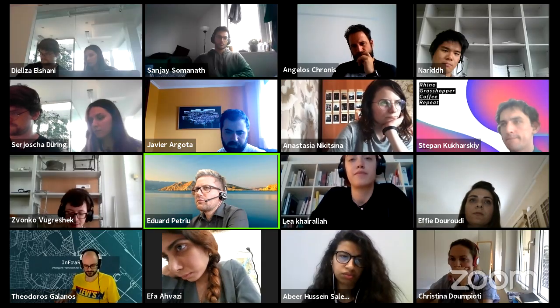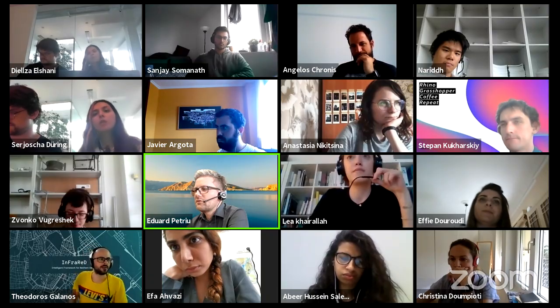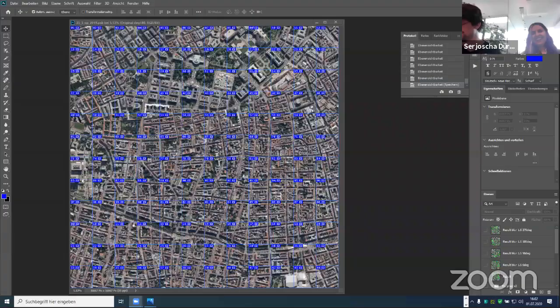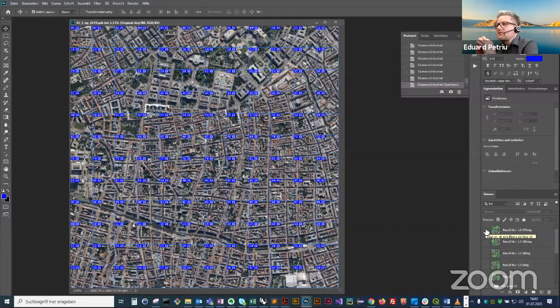It's processing in the background, so it might not be too responsive. Slightly more advanced than the previous group because it's using Photoshop. So we took this aerial photo and colored the green spaces, which should show up in the next second. Yeah, exactly.